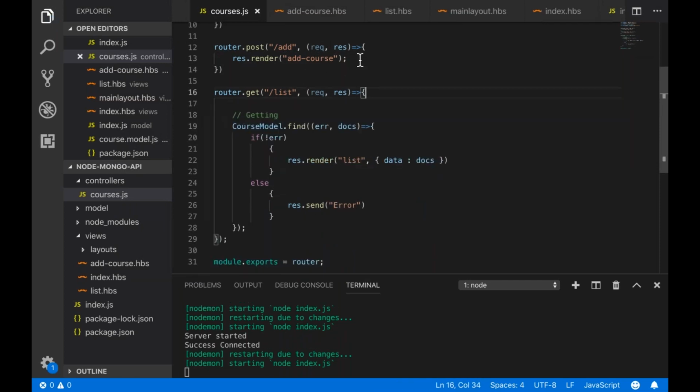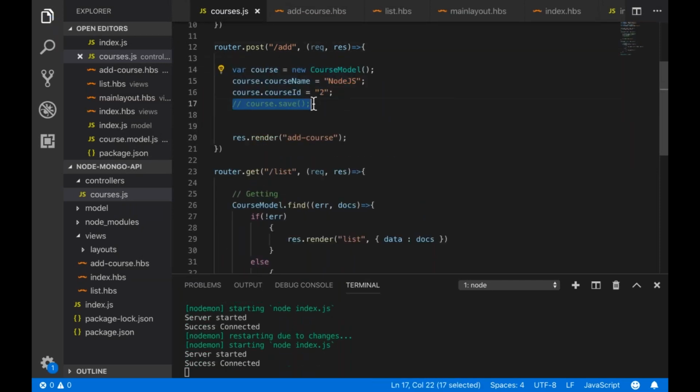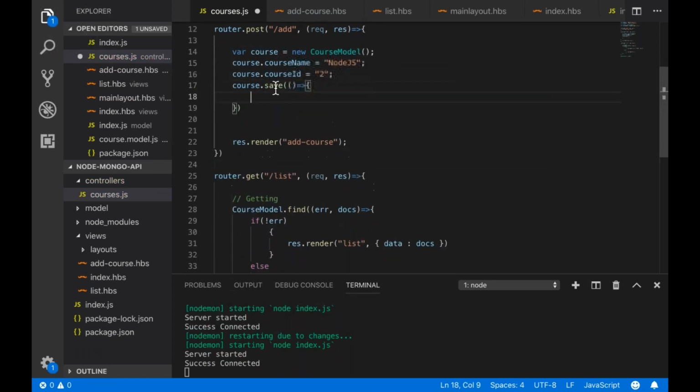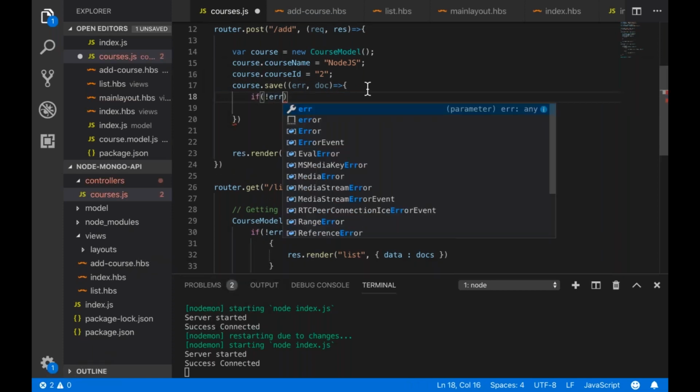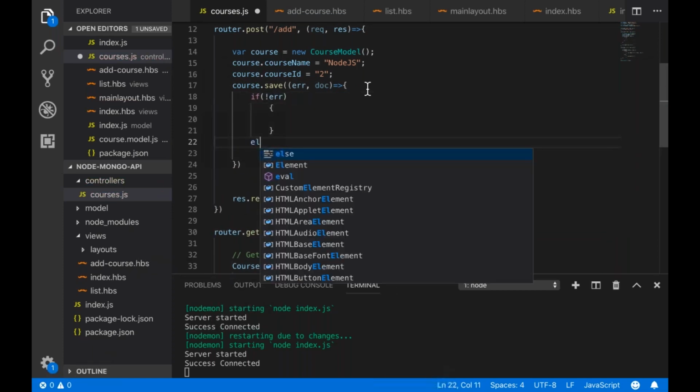I will just reuse this code. So I'll write new instance of courses, save, and to this save method, you can pass a callback over here, which will let us know whether the record is saved in the database or not. So now I can check if the record has been saved or there is a problem with that. So we'll just write error or doc. Doc is the document which is saved. So I'll just write a condition to check if not error, then do this, else if it is an error